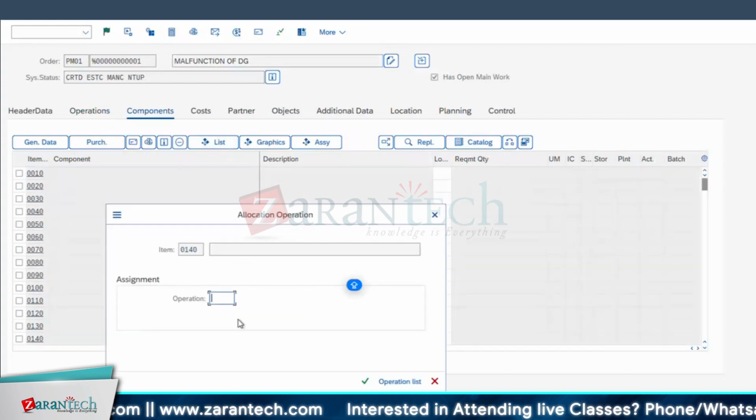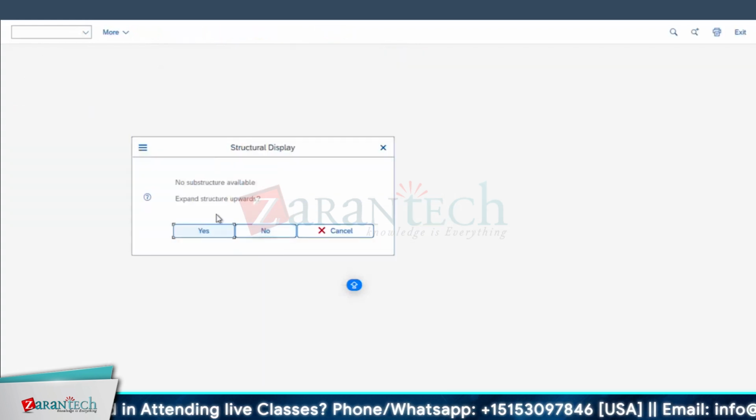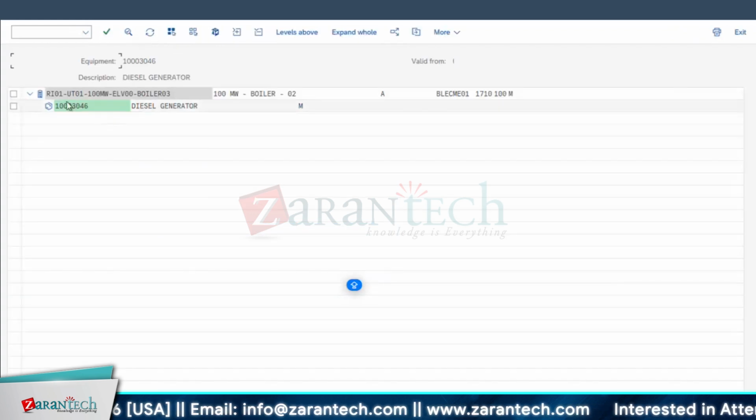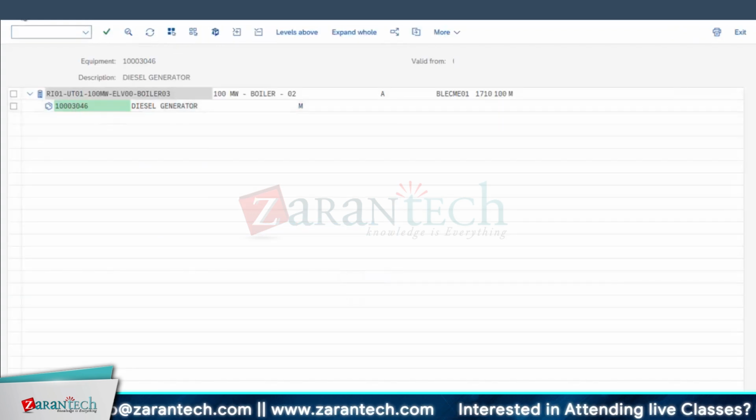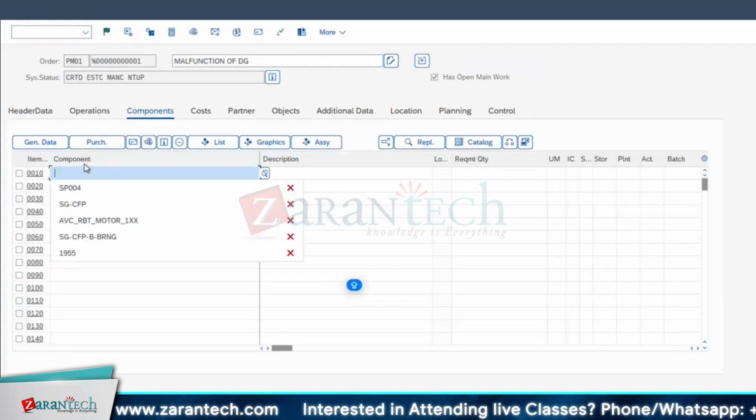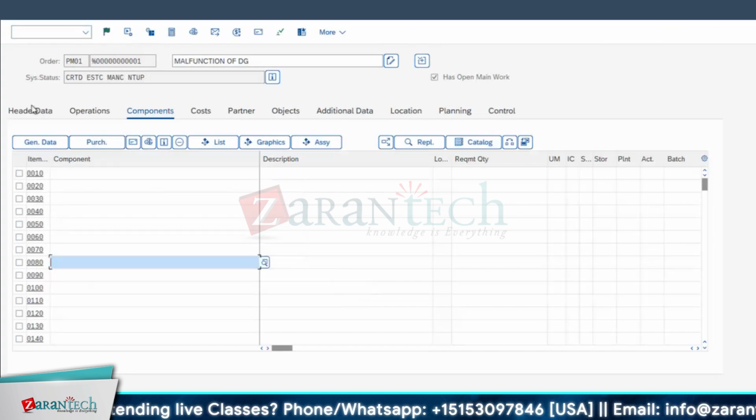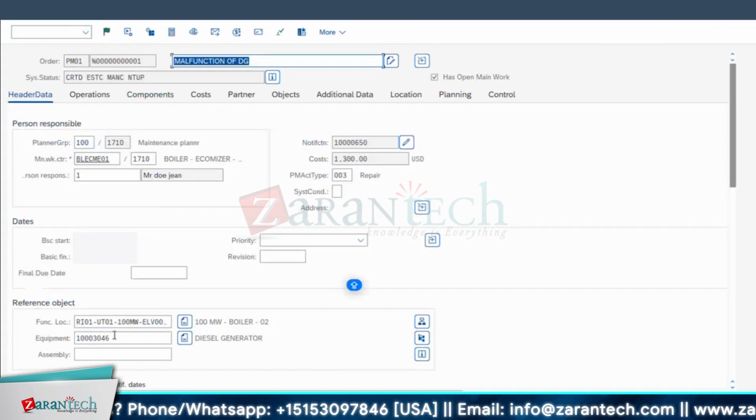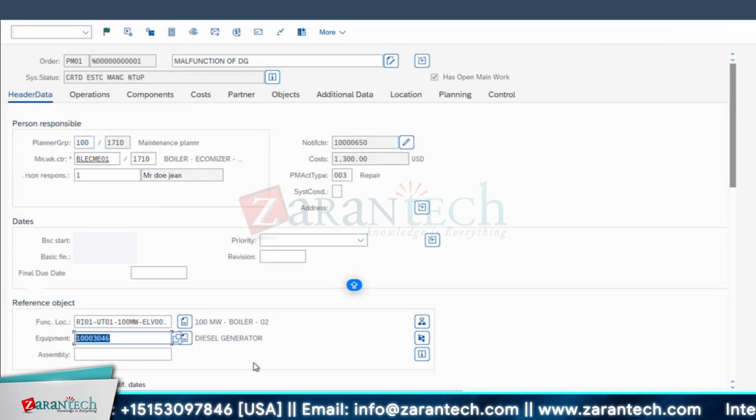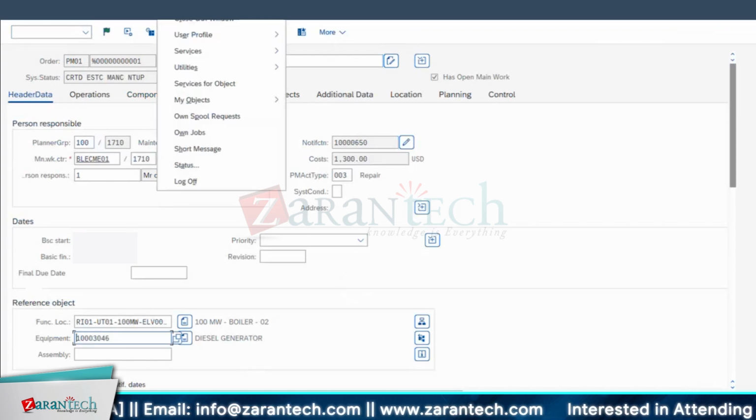See, here it is asking for which operation. For the first operation, I require a component. See, it says no substructure available. If you want to expand upwards, you can expand it. So we have not maintained a BOM for this. If you have not maintained a BOM, then obviously I have to go like this and do it. Instead of that, I'll go to this particular equipment